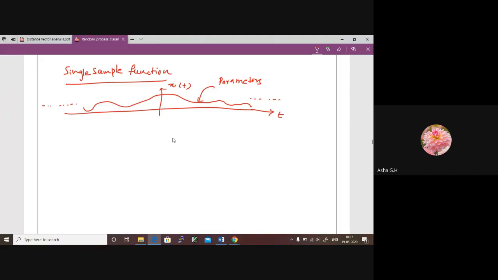Okay, so now what is the next task? We have to first look at the ergodic mean and also the time average for a single sample function. Now the mean we already know. Let us look at the autocorrelation function Rx of tau, by considering the ergodic mean. Now by definition, we know that this is equal to the expectation of x of t times x of t plus tau.